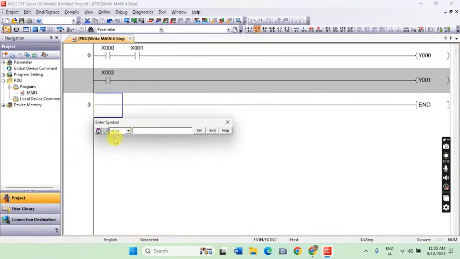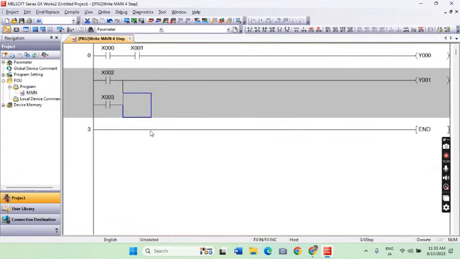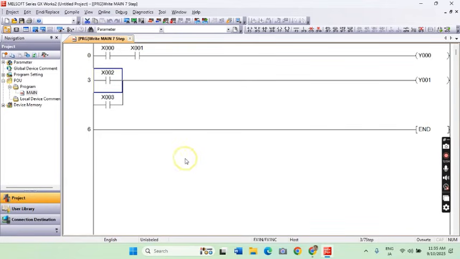Okay. So you notice that it has a different symbol, and then we use the X3 address. So it is automatically arranged in parallel, or branched into the X2 input. So now we have two inputs and one output for our OR gate function. So before we start the simulation, again, we need to compile. And then we start the simulation.